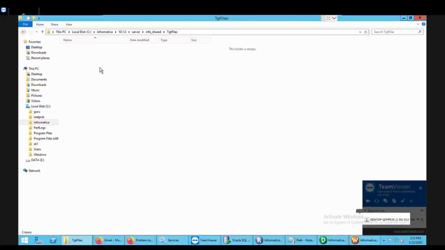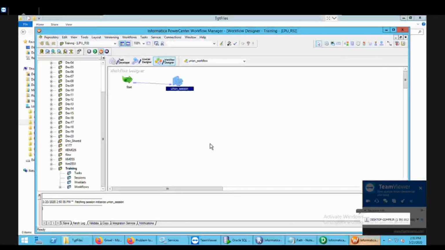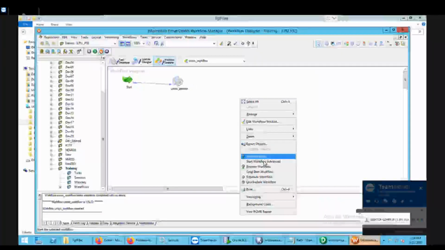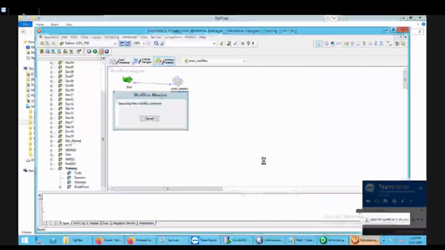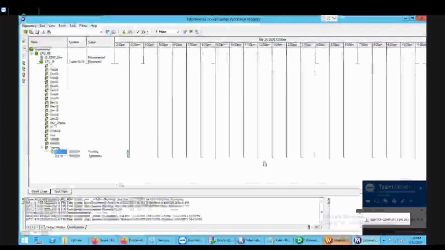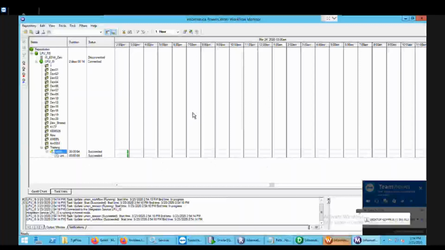Now let's come back to the practical workflow and run the workflow. After configuring, please press Ctrl S to save the workflow. So you can see workflow union_work is a valid workflow. Now let's run this. I just right click on the white screen and click on start workflow. When I click this, it is going to open my workflow monitor. So you can see my workflow monitor is open and here under the training,